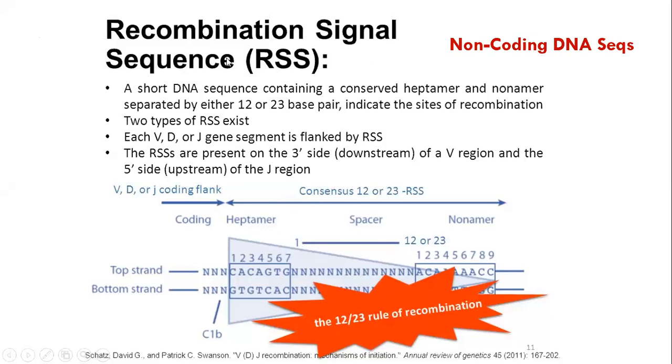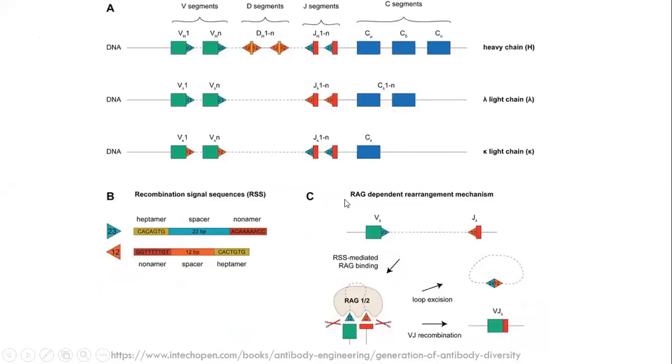The RSS signal is a combination of these consensus sequences at 5' and 3', heptamer and nonamer, separated by a spacer, that follows any of the V, D, or J, each individually. They will have these sequences. So basically, again, I'm talking about the DNA of the heavy chain. You have V, D, J and C. C will not have it. Only the variable regions will have it. And they have a 23-12 spacer. Each one consists of these molecules.